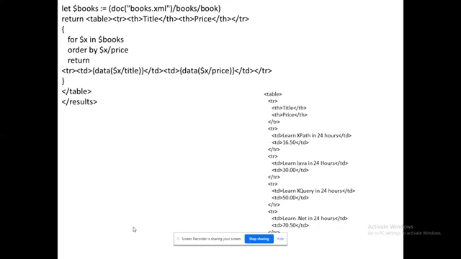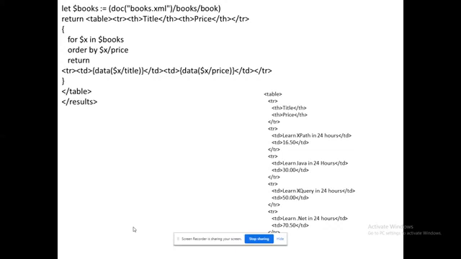So what am I ready to retrieve? Along with the title, I need to retrieve the price. So it will come like a table, which consists of the title and price contents. That's all. It will retrieve the data along with the tags, which is very important. You can see that this is the output of our Java program. What I have to do is save the output of the Java program in an HTML file, and I can view it in the web browser.